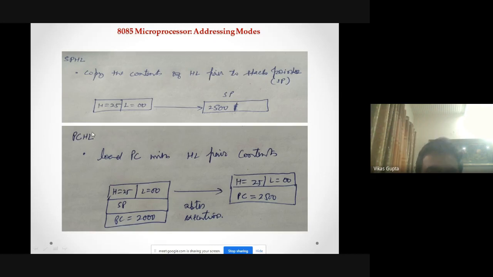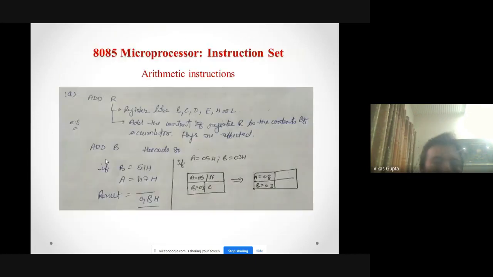HL का डाटा, HL की जो लोकेशन है, that we are putting into the program counter. So let's say HL में 2500 था, तो PC after execution of this PCHL will also move to 2500. Fine. So again we need not mention here any address of the data. So the addressing mode will be implicit addressing mode in both of the instructions, and the size of the instruction is obviously 1 byte. Now the arithmetic instruction में आपके पास we have